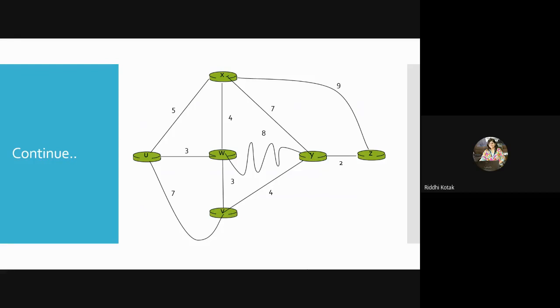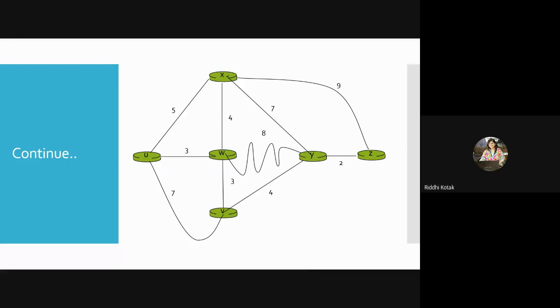What you have to do is check all the possibilities, like start from U and reach W. First one is in that table, node V. So check the possibilities. Either you can directly go U to V, that is 7, but now W is the current node, so you have another possibility: you can go from U to W and W to V. So 3 plus 3, the total is 6.